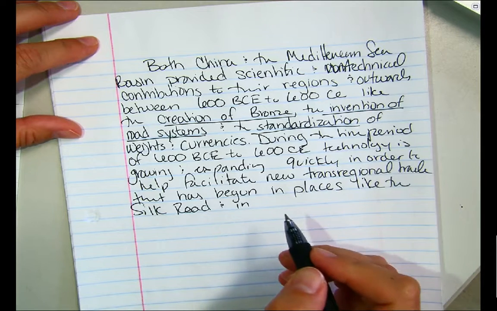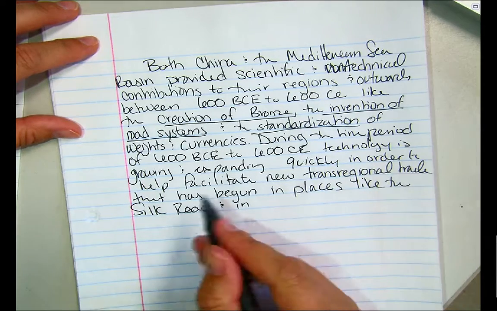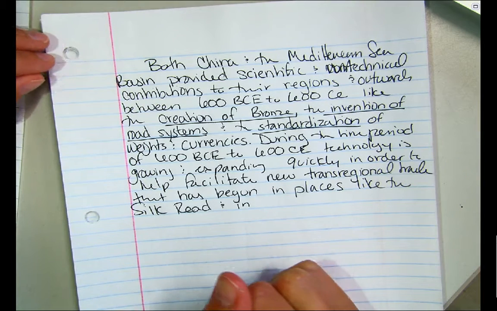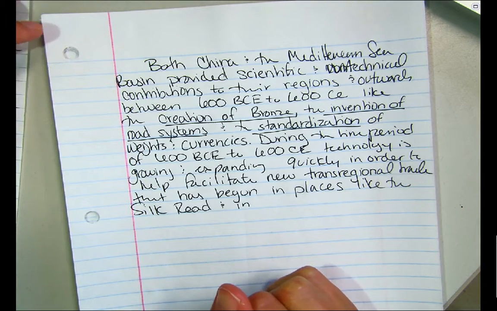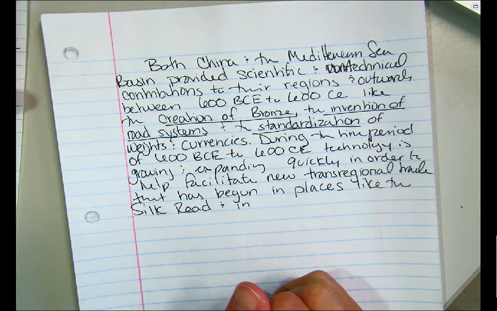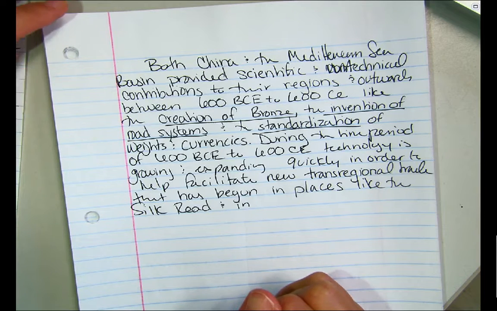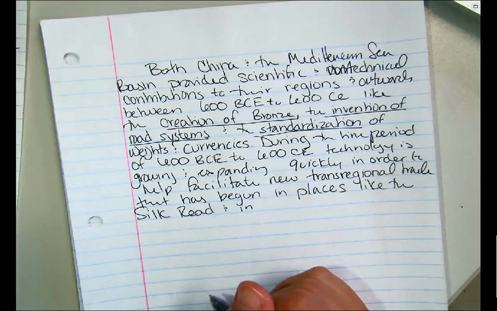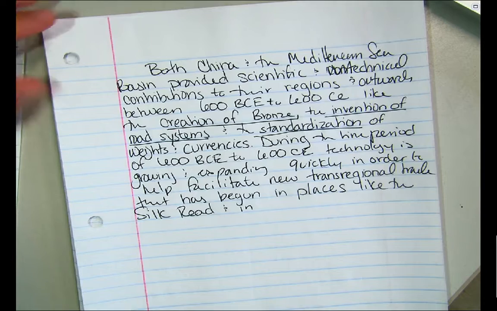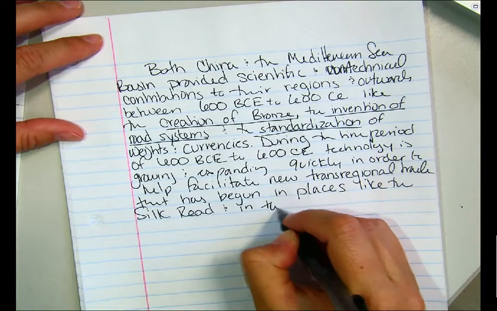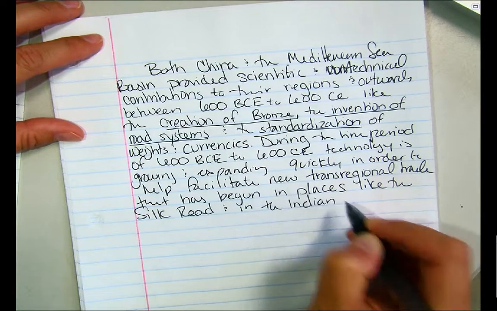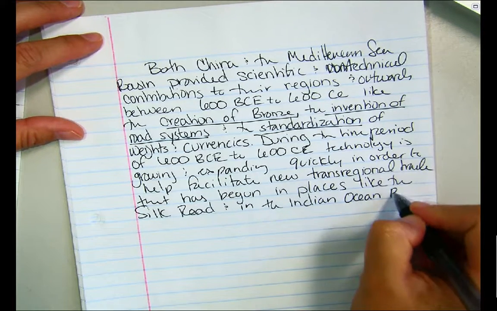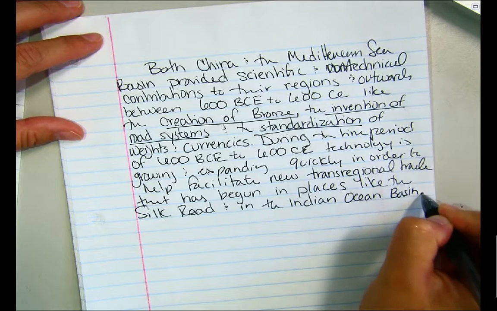Where? Royal Road. No. Royal Road, I mean, that's the Mediterranean Basin. We're going to use this as evidence later, so we'd shoot ourselves in the foot. That's not going to happen. Maggie? What basin? Well, that's not a great answer because that's what we're going to use. Guys, where at? What's another basin that we're not specifically talking about in this essay? What do you got for me, Tess? In the Indian Ocean basin. And what piece of technology is facilitating that, Tess? Monsoon winds. Yeah, do you remember that?